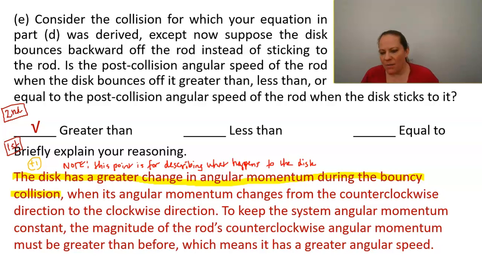So, again, I'm not going to write this all out, but basically, this whole second sentence is where this next point comes in, and I'll highlight it in a different color because it's for a different thought process, that we're talking about some conservation of angular momentum, talking about the rod has more,